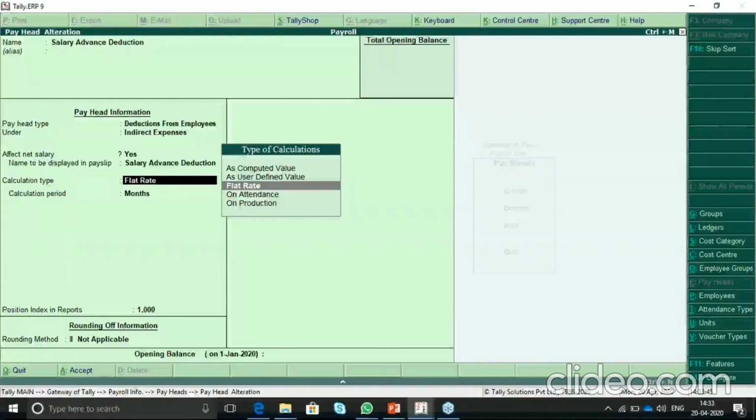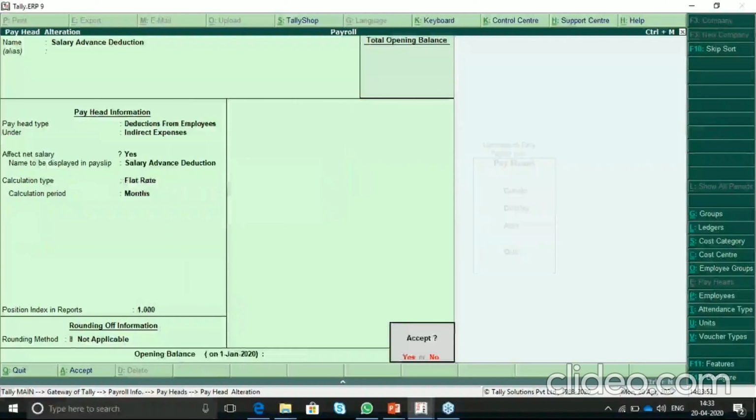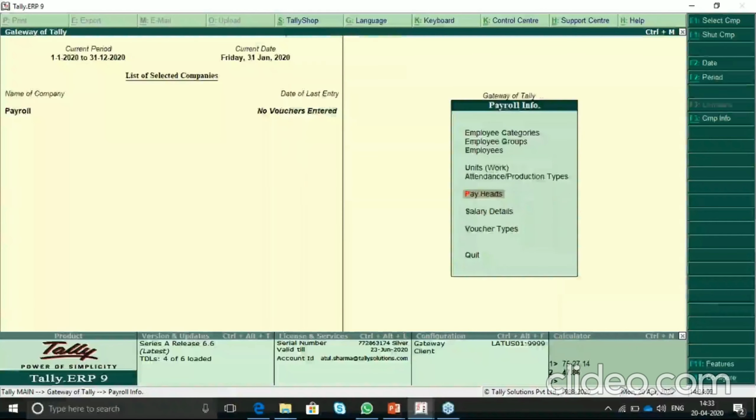I can also give the applicable date, from which date to which date I want to define it, so that you can do it and save it. Now I have created some of the pay heads.